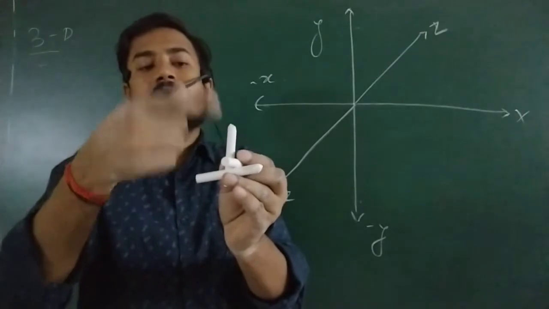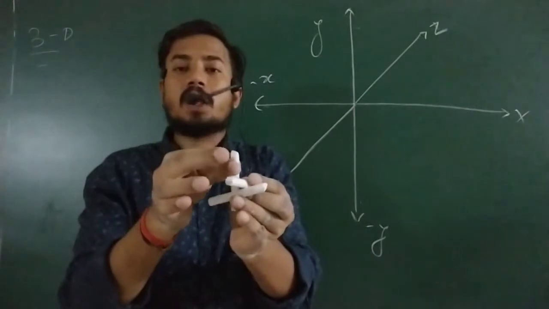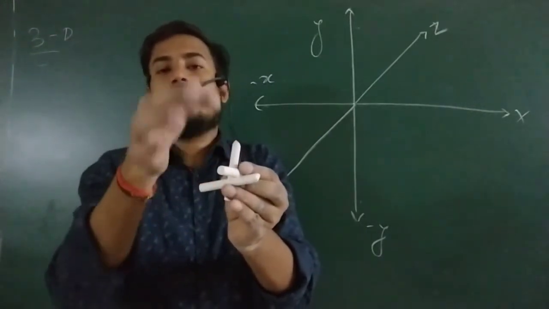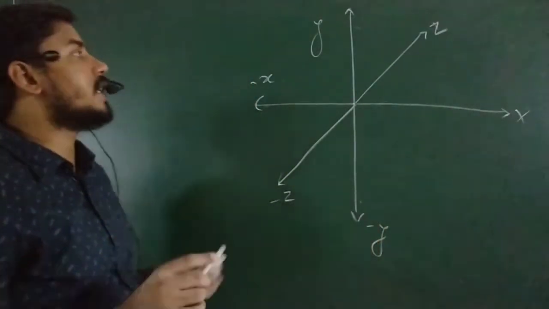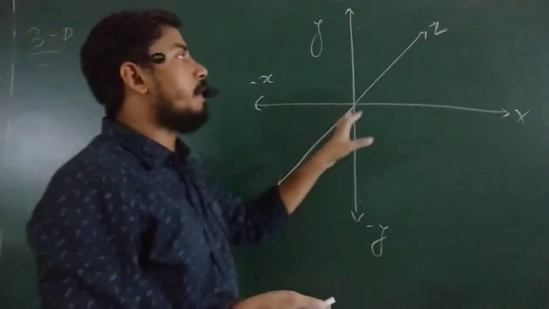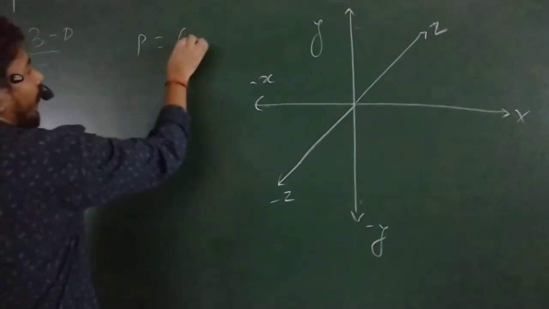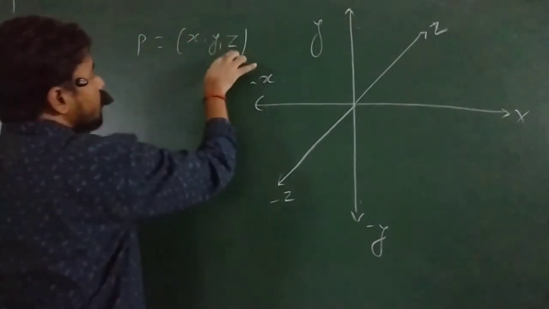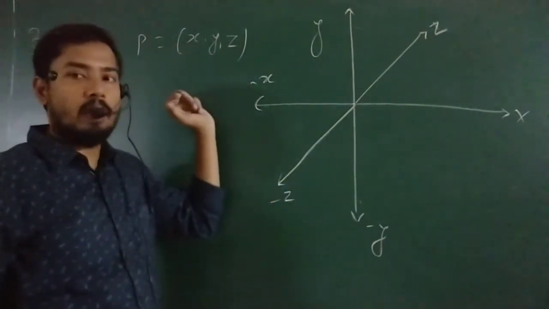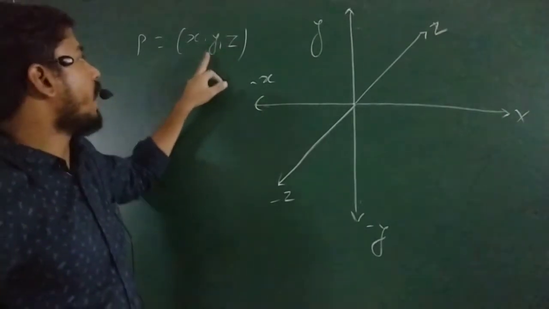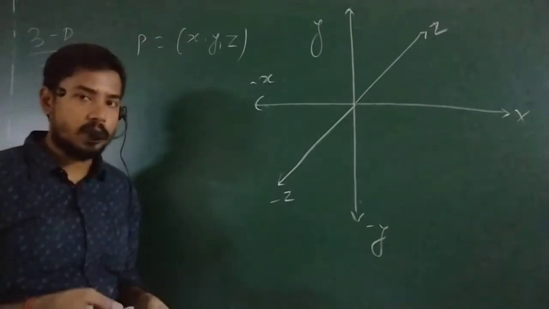So all the distance above the origin, and this must be perpendicular to the xy plane. So all the distances above are taken positive and all the distances below are taken negative. Right now we are discussing 3D, but I plotted this graph in 2D, so you have to imagine. In this case, we will represent a point like x, y, z. If the z coordinate is 0, it means the point is in the xy plane. Suppose that if the y coordinate is 0, it means the point is in the xz plane, right? Such kind of imagination we have to proceed with.